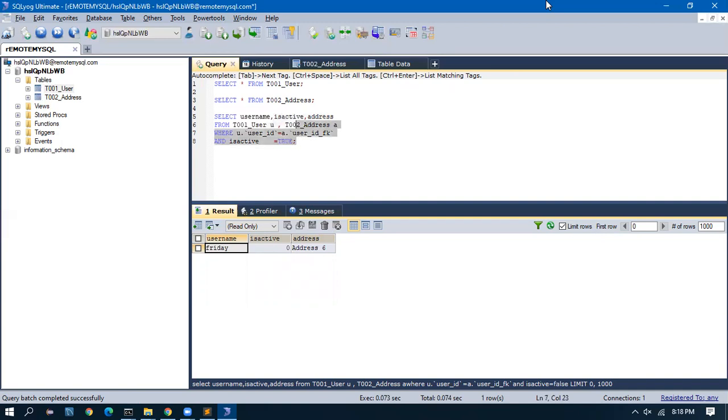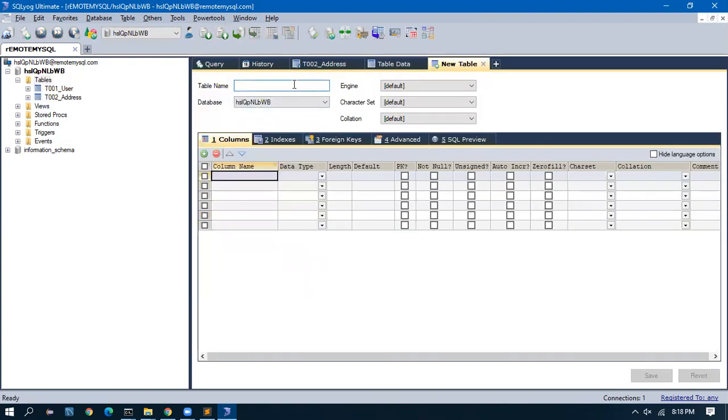So now I will add one more table as language. So this is going to be the user language, the languages which the user speaks.